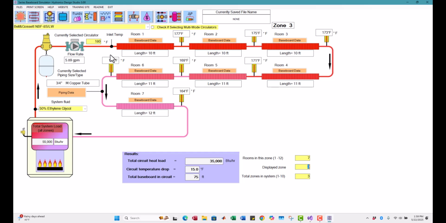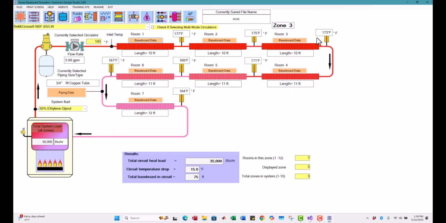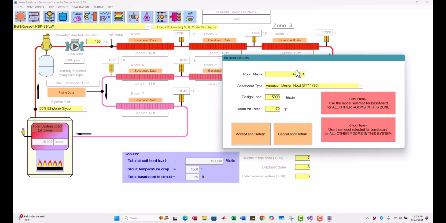Another interesting thing this program does is it designs the length of baseboard for that particular load in that room based on the incoming temperature. And then, as you can see, as you go along here, the temperature is dropping from 180, 177 to take out the, I think it's 5,000 BTUs per hour, and then it comes down to 175 and so forth. And you'll see by the time it gets to room 4, the temperature has dropped to 173 degrees, and now it takes a little bit more baseboard to put out that same amount of heat,